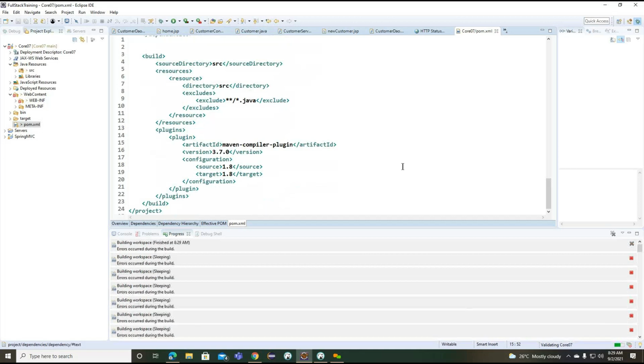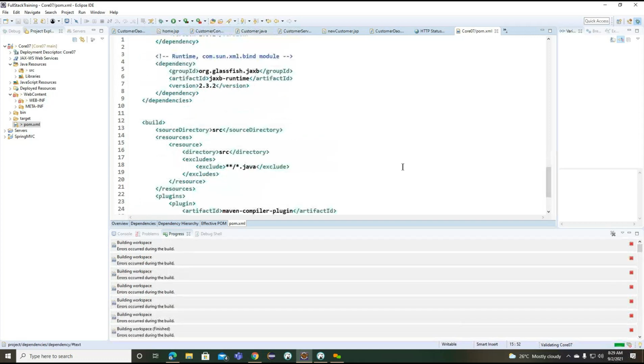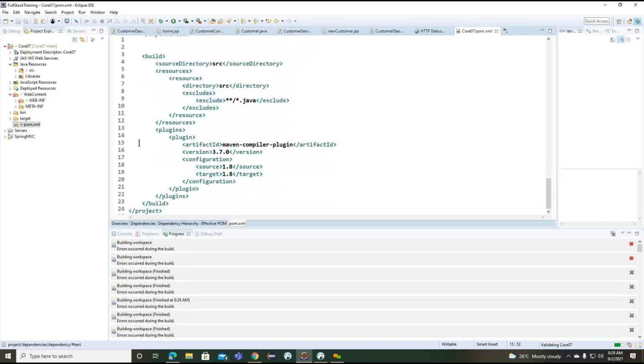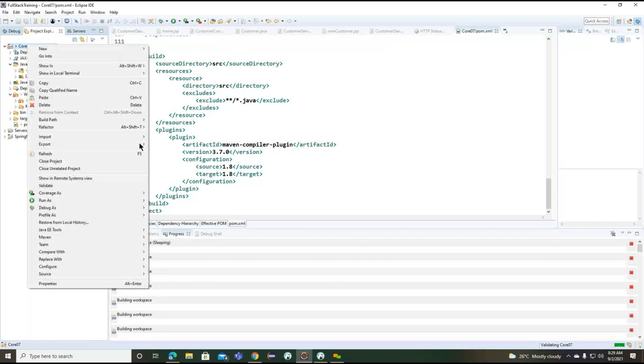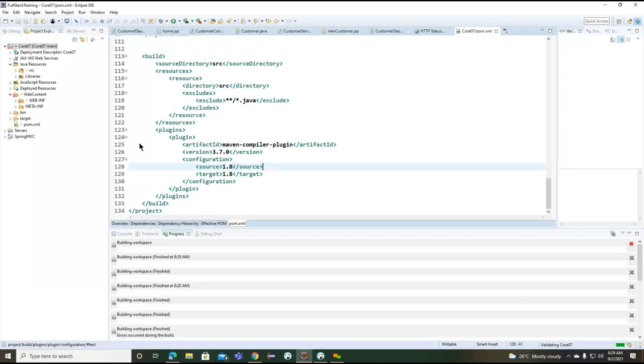Source also we are taking as 1.8. Dependency. Okay. So we are getting multiple errors here. Is validating? No.